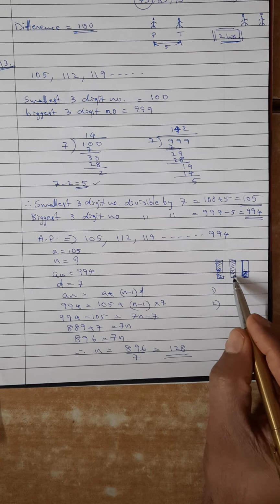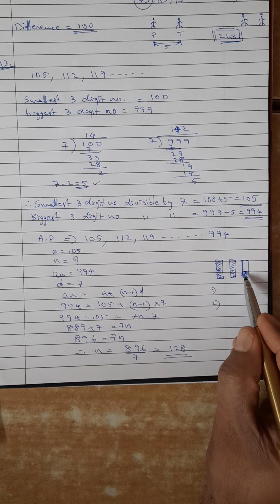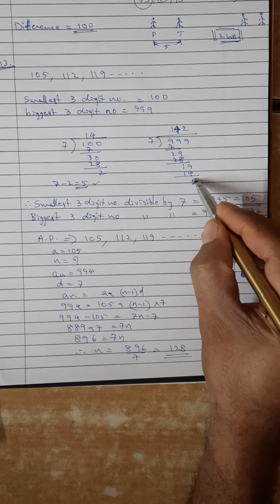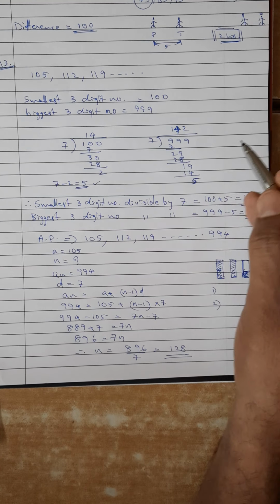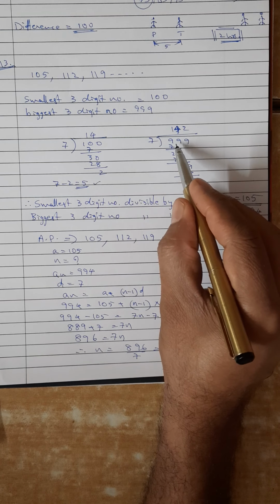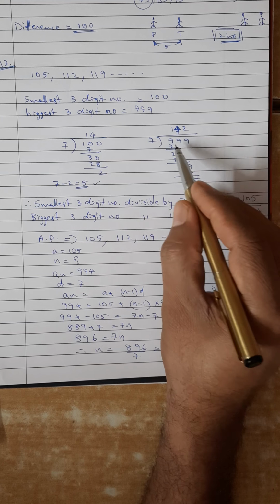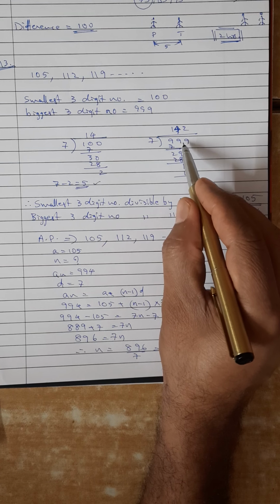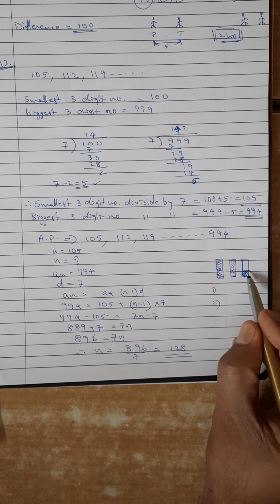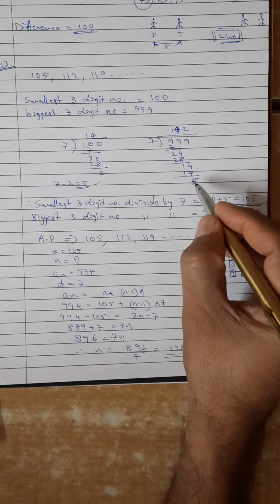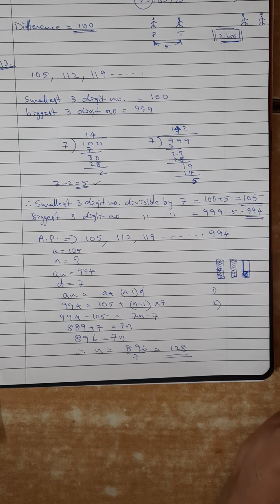So these two will be taken to school, forgetting about this balance. Which example? First or second? Second example. Forgetting about the balance 5. Because I am not thinking about the next one, I am thinking to leave the balance. I cannot add it now. If I am adding a little bit, then it will become a 4-digit number. 999 is maximum. I cannot add even 1. So I have to do only subtraction. Subtraction means whatever be the amount left, that will be removed, avoided. So in this case the balance will be rejected.